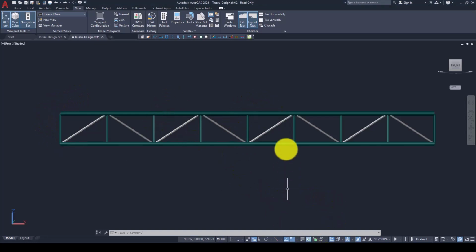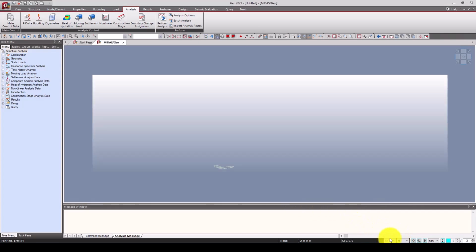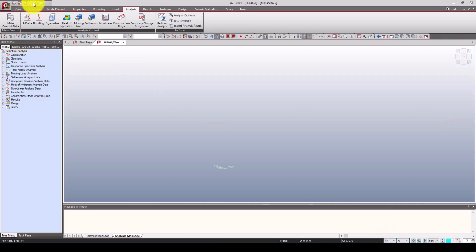So this is an example. We can create what we want. This is an already designed element, and we imported it to Autodesk AutoCAD. So we have this Midas. You can go to create a new model, and you can change the unit as you wish. I use kilonewton meter, and there are two or three ways to model this. You can bring in the AutoCAD file, or you can create node elements, but I'm going to show you the